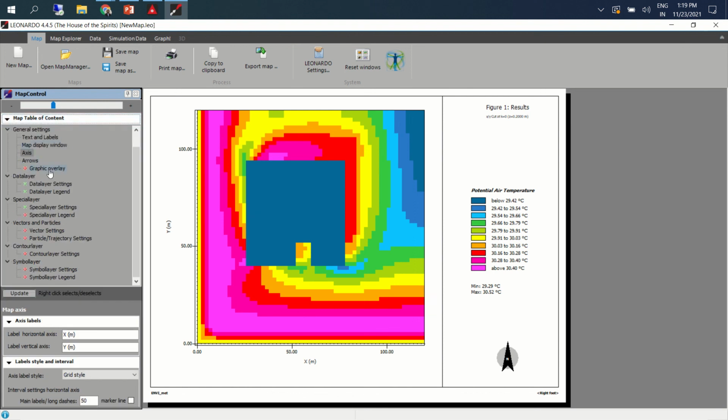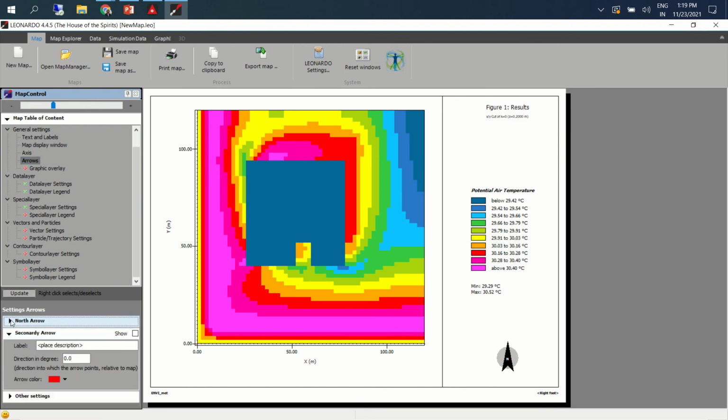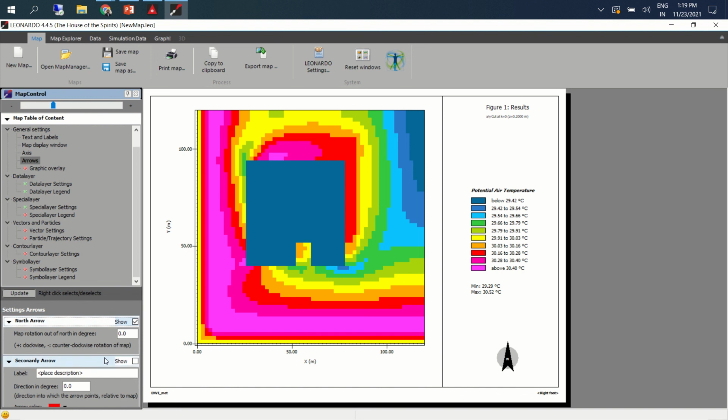We have graphical. Arrows are there; as of now we have not added any. This is for the orientation, and if you want to modify the orientation, you can do modifications here. This is also important. Many times we don't put it, and many times we get offended if we are told to please put the north point.